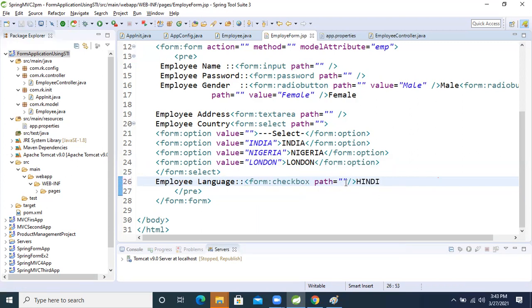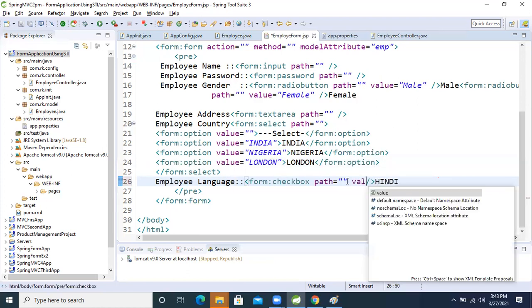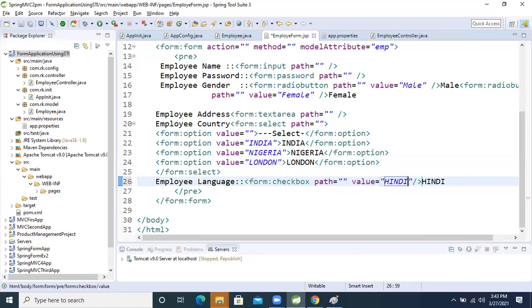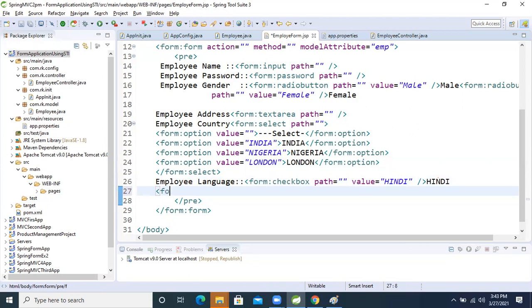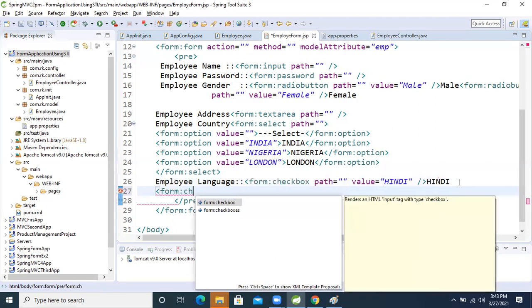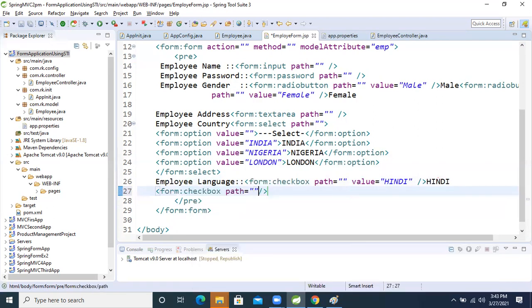One checkbox, Hindi. Here I'm taking value Hindi. Another one more: form colon checkbox, value equal to English.